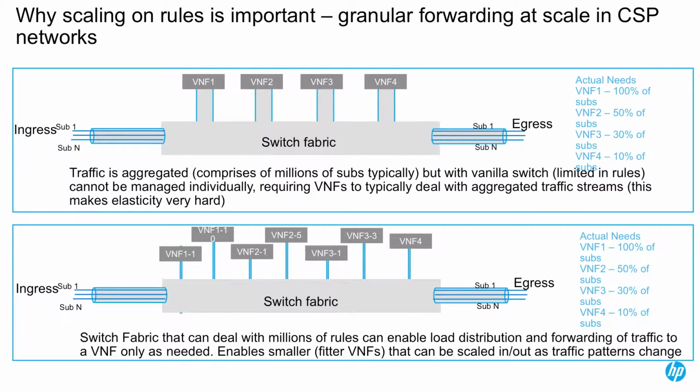So what ends up happening in today's network is you put physical functions in place for peak capacity. In the virtual world, you don't want to do that. One of the basic premises of SDN and NFV is that it increases efficiency and resource utilization. You want to be able to manage the traffic more granularly. That means you should be able to take the flows individually within the aggregate and then figure out where they need to go. So that's why the number of rules is important.